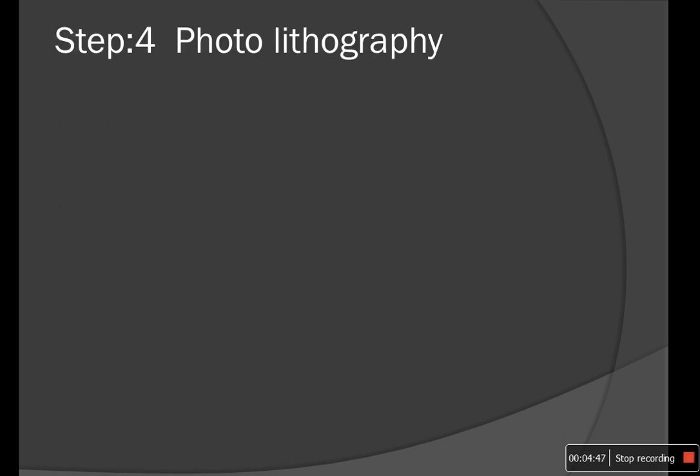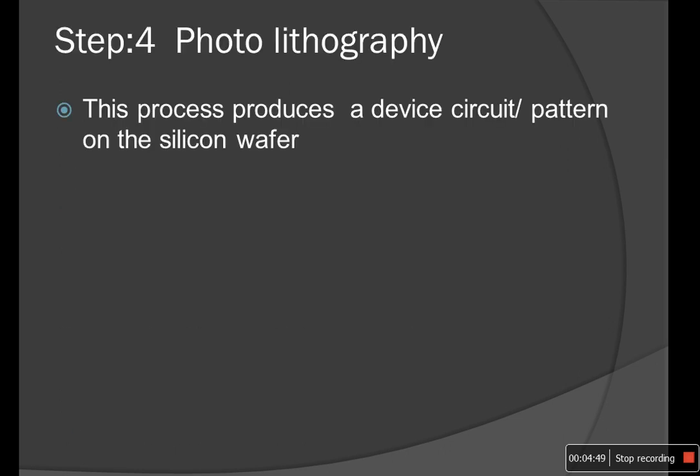Step 4 is photolithography. This process produces the device, circuit or pattern on the silicon wafer. We are going to manufacture different types of devices on the IC. We can manufacture transistors, MOSFETs, op amps and so on. Whatever pattern is required,